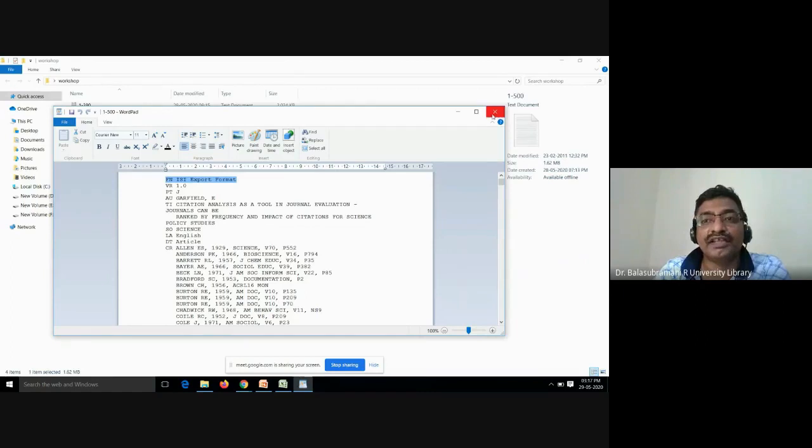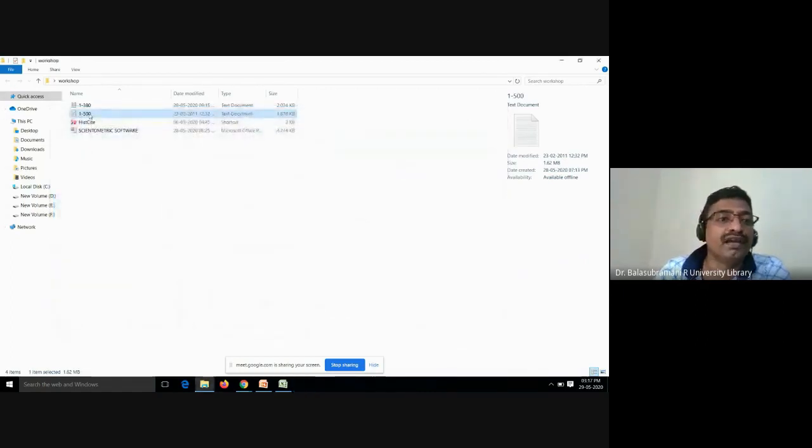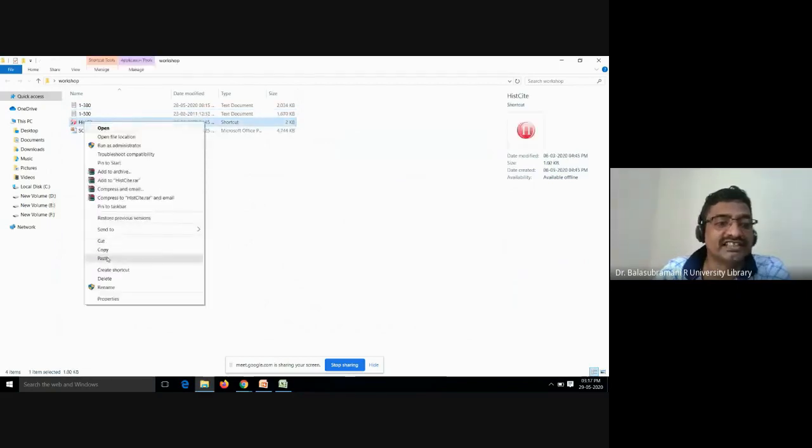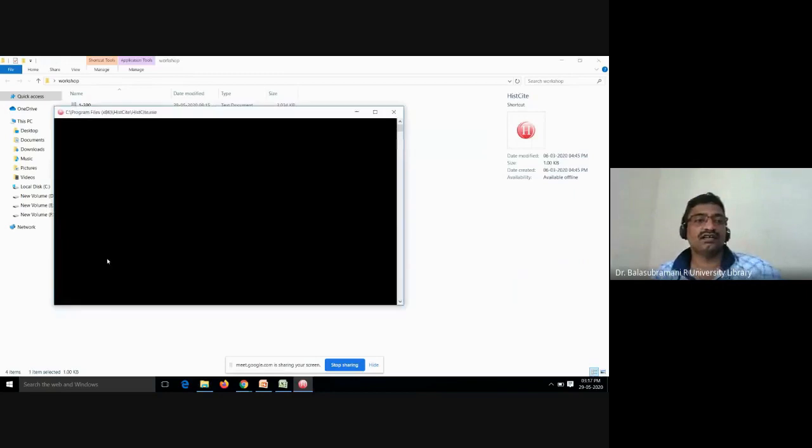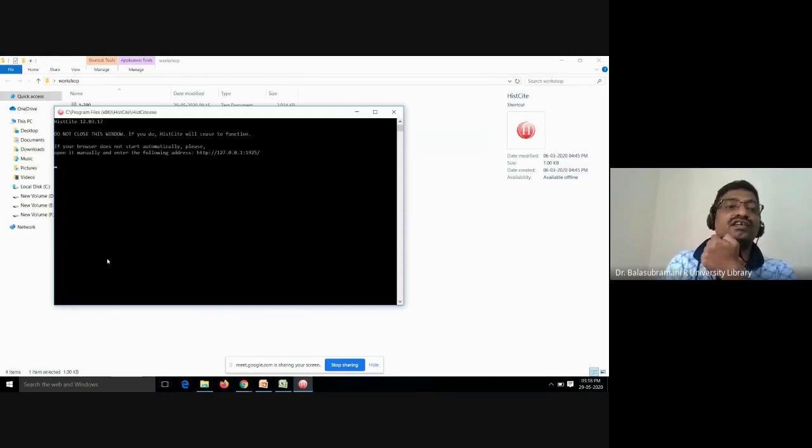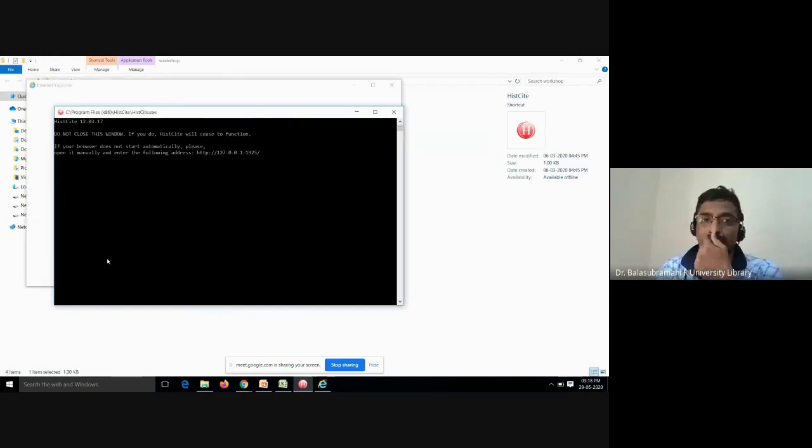After pasting, you can save it. After saving, you can copy and paste it into HistCite. Then the result is easily visualized.